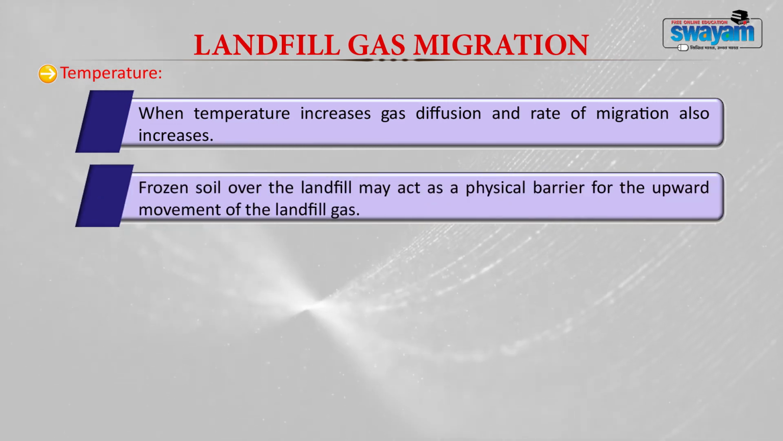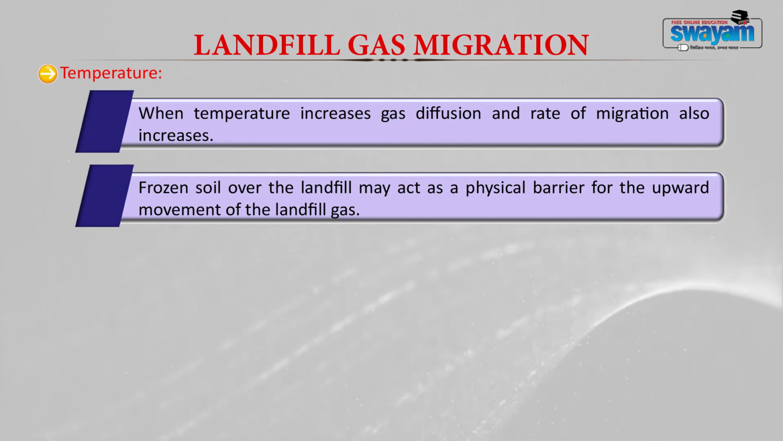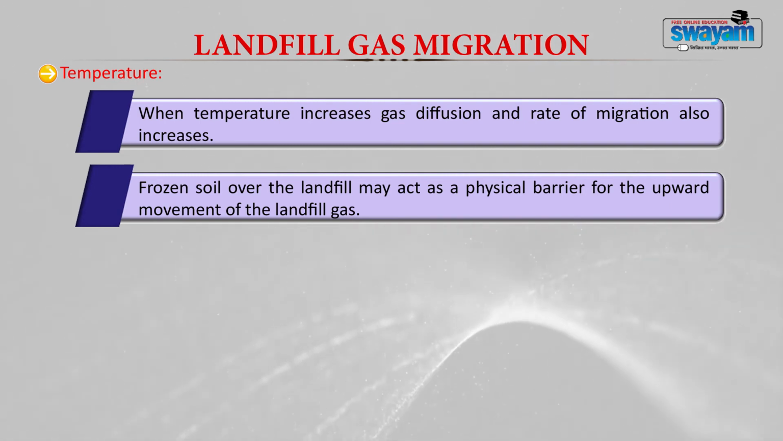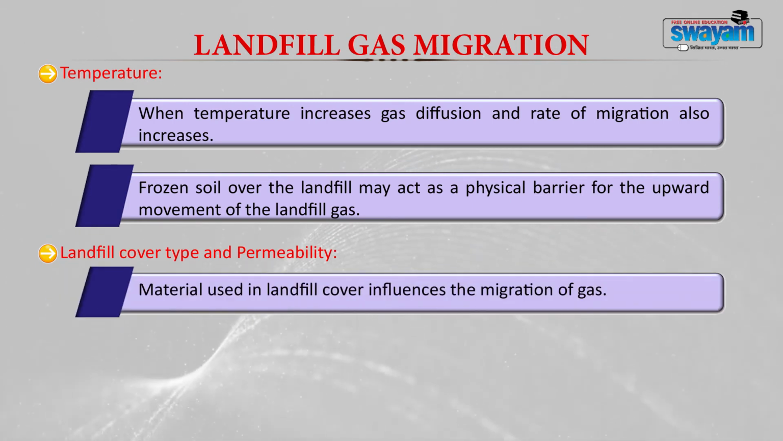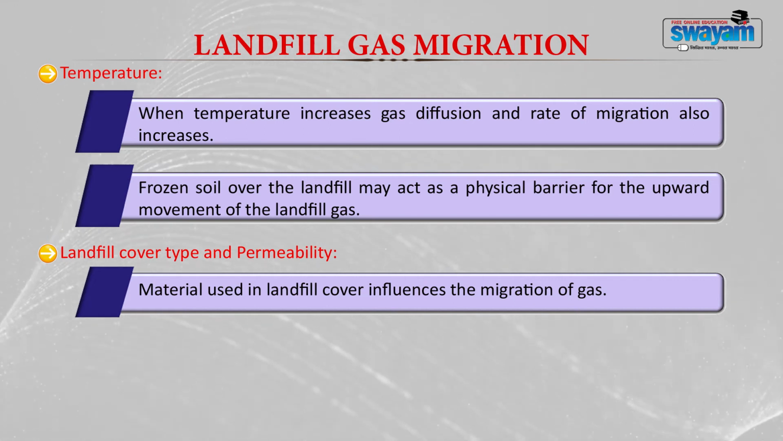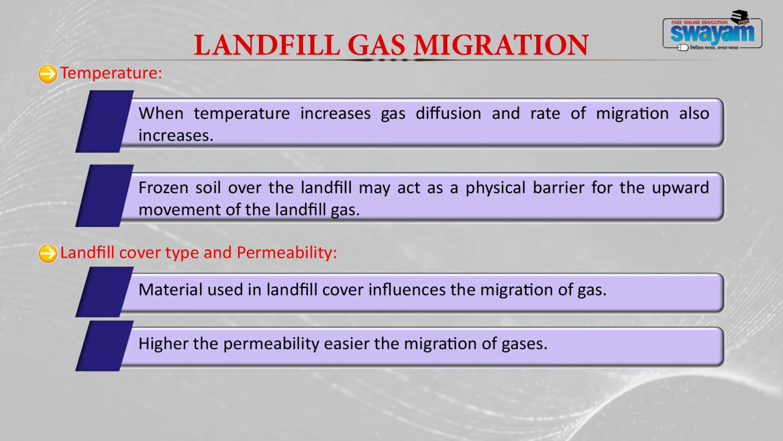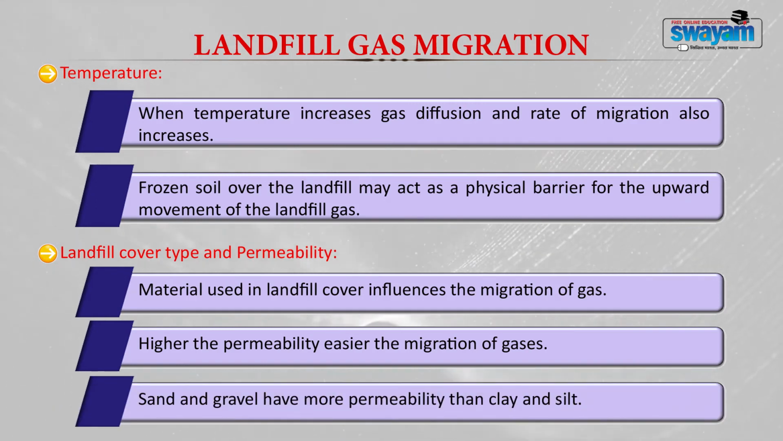When the soil is frozen, it acts like a physical barrier and will not allow the upward movement of landfill gas. The other parameters that influence your gas migration are your landfill cover type and permeability. The material used in the landfill cover should influence the migration of gas. The higher the permeability, the more easily the gas will migrate. For example, sand and gravel, which have higher permeability, will facilitate more gas migration when compared to clay and silt,